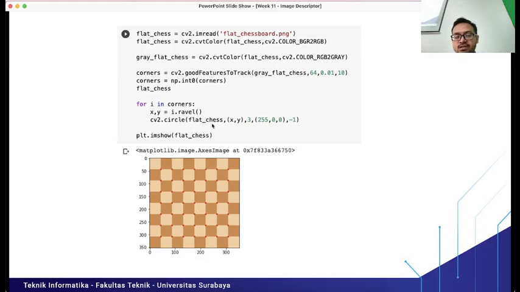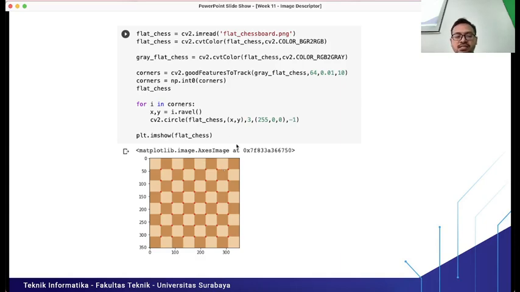It means we put the circle at this position that represents the corner. 3 is the size of the circle. 255,0,0 is the red pixel value, so we give the circle a red color. -1, we will see in the documentation; I forgot about the -1 parameter here. Then we show the image, after we put the circles on the original image, where each circle represents a corner position, right?